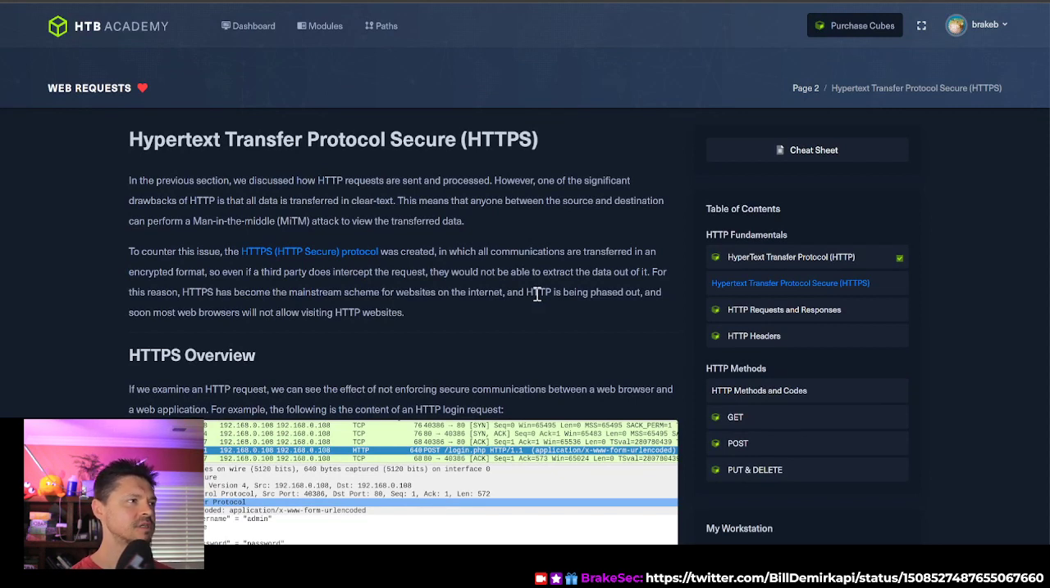In this previous section, we just discussed how HTTP requests are sent and processed. However, one of the significant drawbacks is that all data in HTTP is transferred in clear text. This means anyone between the source and destination can perform a man in the middle. Some people are now starting to call this more host in the middle because, you know, it's not really a man, it's more of a host. Like, a computer has to be in the middle of the connection between A and B to do things like